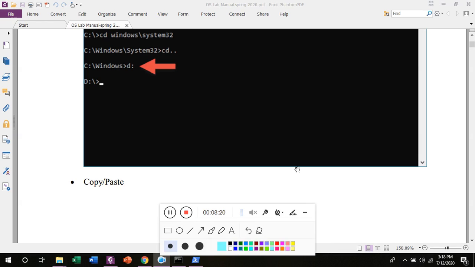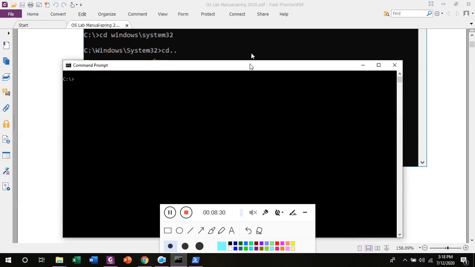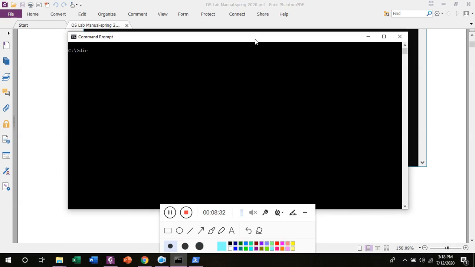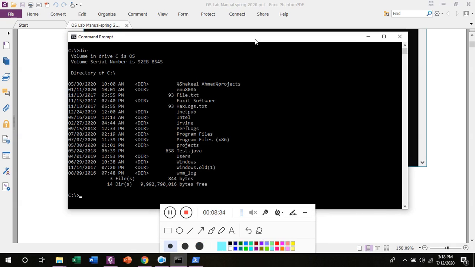Let us see how we can copy and paste files using the CLI. Click on the command line interface, type dir. It will show you the list of files and folders in the C drive. Here you want to copy and paste file.txt.